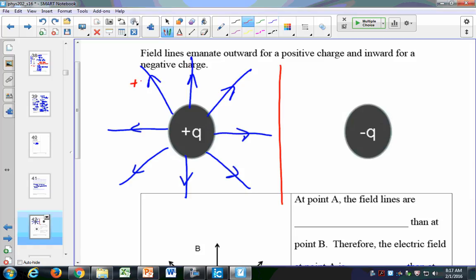If I have my positive test charge right here, it feels a force in this direction, and so the electric field is in the same direction. We're just going to draw a whole array of lines, because if I move this positive test charge anywhere, the force will always be outwards, away from that charge. Similarly, if I have my positive test charge over here, it's going to feel a force in that direction, and so my electric field lines